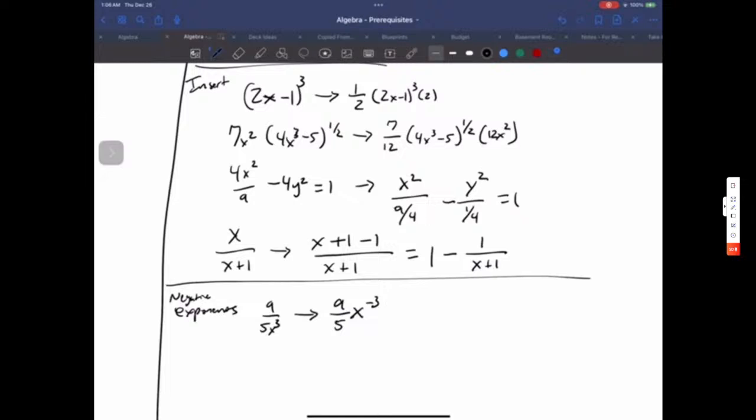Similar here, we would do 7 over the square root of 2x minus 3, and you're going to write that as 7 times (2x minus 3) to the 1/2, negative, because you'd want that as its own thing. And then